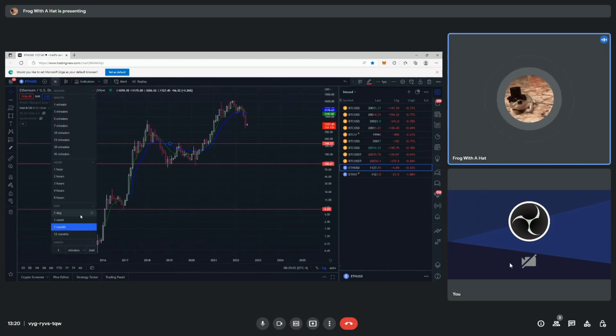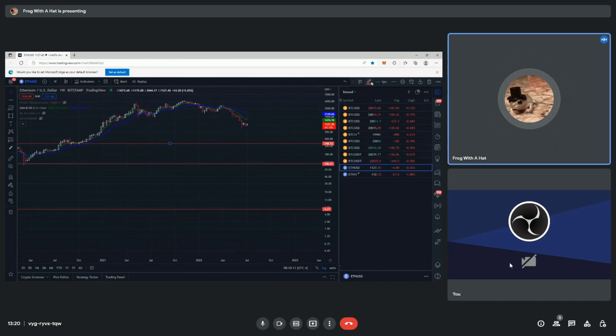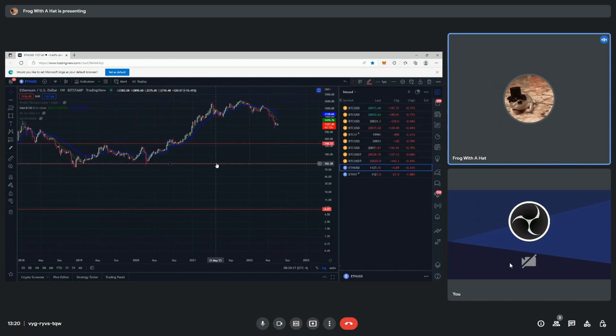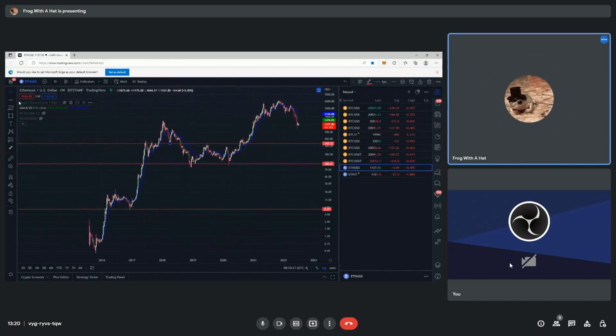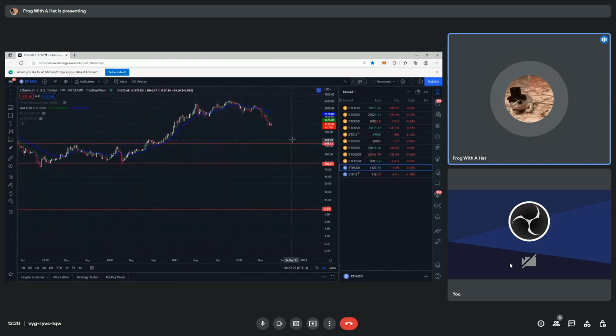So the next step, what you can do is pick the red color for the monthly. Then go to the weekly and change the color of your pen. Maybe put it in blue. That way you know that this is a monthly support and the other one is a weekly support. So if you go to the weekly, we have,